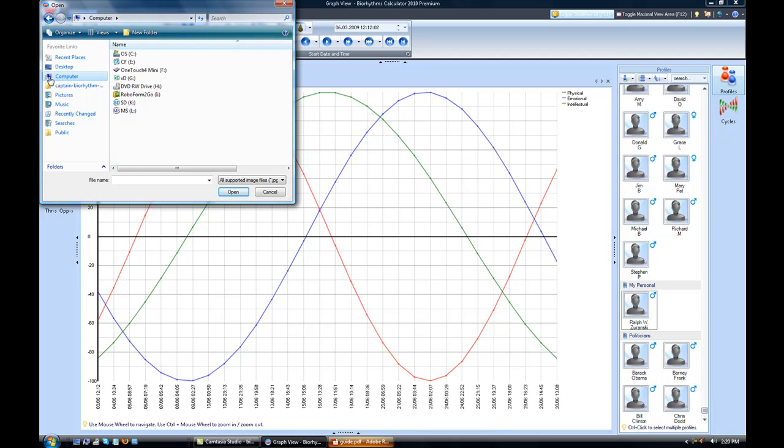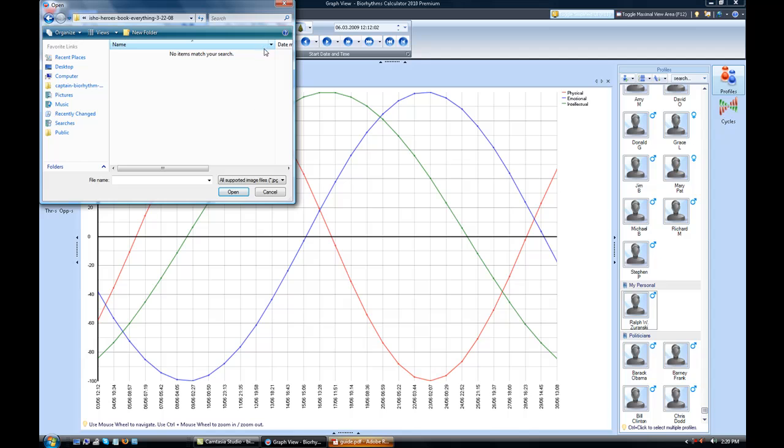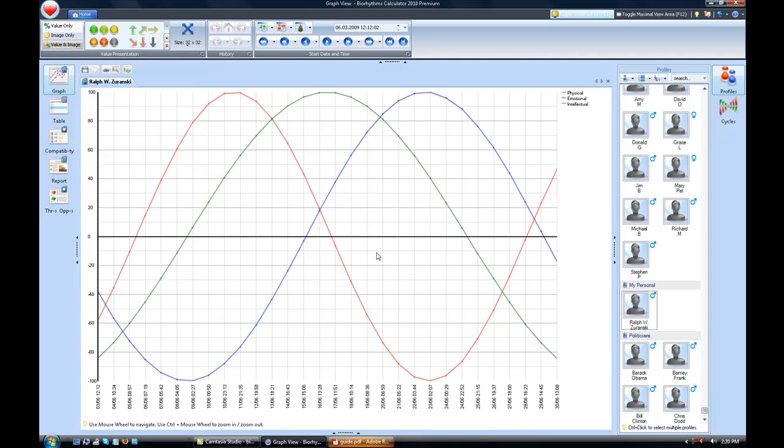Well, doesn't look like there's a photo of me in there, so I guess maybe I'll try one of my attached drives. I'll try my mini drive and let's see if I've got any photos in here. I'm searching around, I don't see anything, but you can use your up and down arrows to search through the different folders. I guess I'll go in, see if I got something in Search of Heroes, Books, Everything, and hopefully maybe I'll have some photos of myself in there. So I'll go ahead and click. Whoops, I clicked on the wording. I should click on the icon, and there's no photos in there. There's no JPEG folder, so I guess I'll just cancel and try it again later.